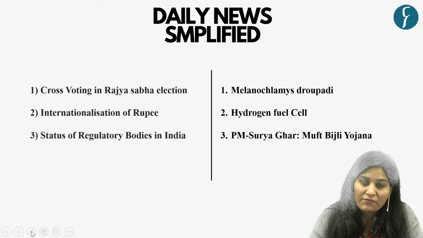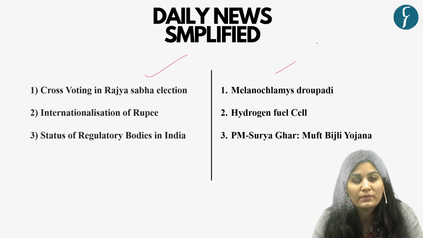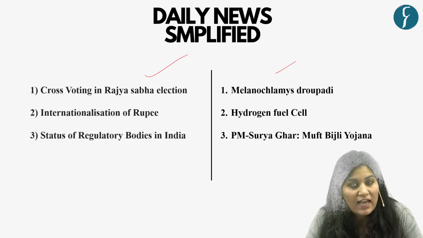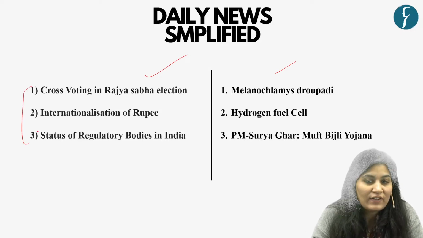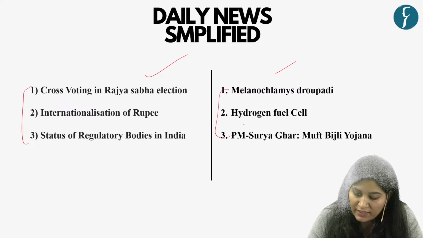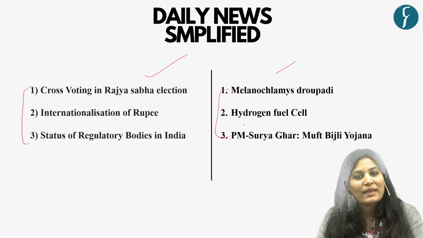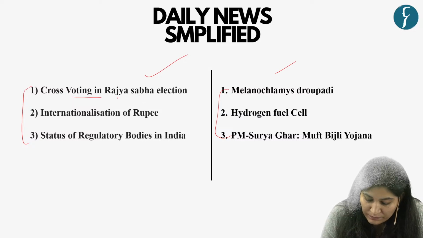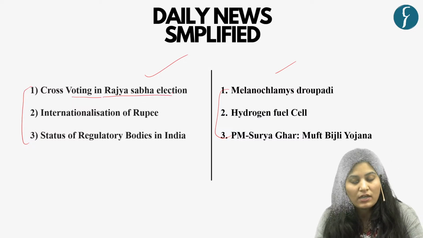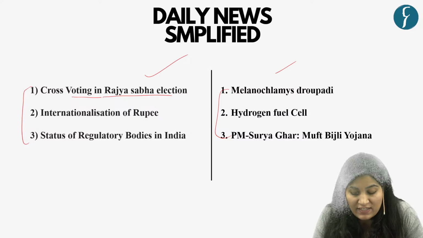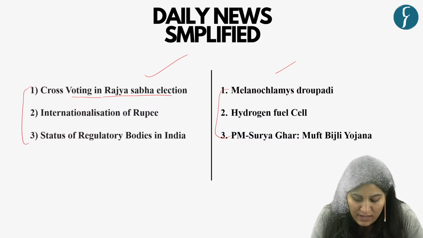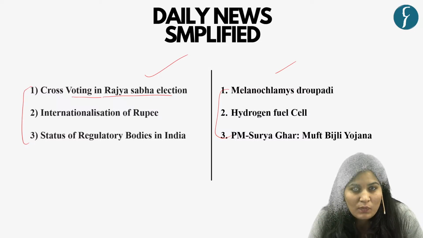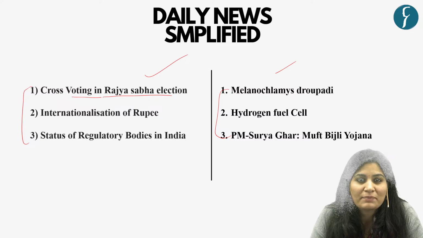So today we have taken up important articles from the Hindu, the Business Line, and the Indian Express newspaper. Today we have three mains related topics and three prelims related topics. For the mains, we have cross voting in Rajya Sabha election, because recently cross voting happened in the Rajya Sabha election in 3 states. And you know that cross voting is related to defection, which is an important theme from the UPSC perspective under GS